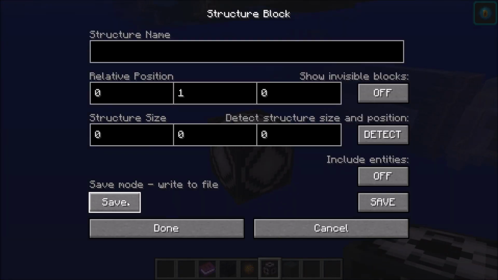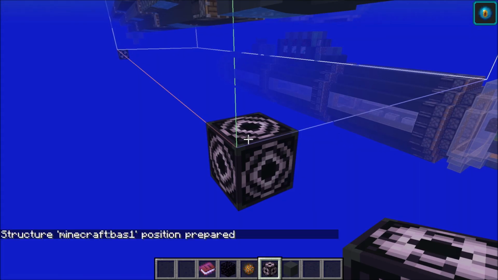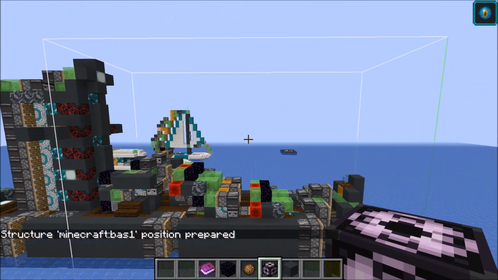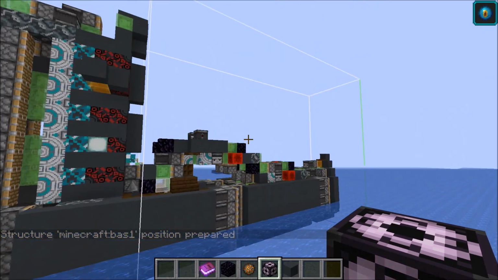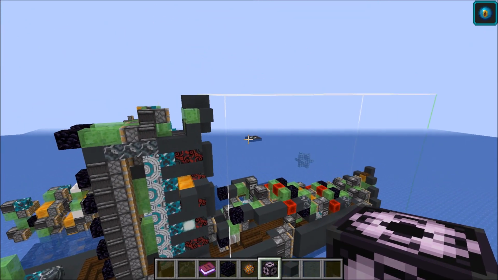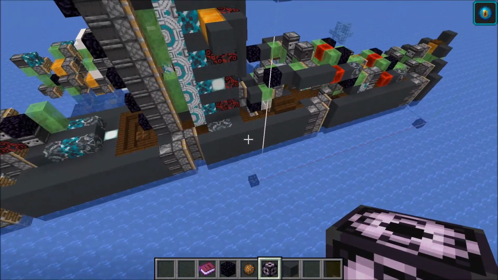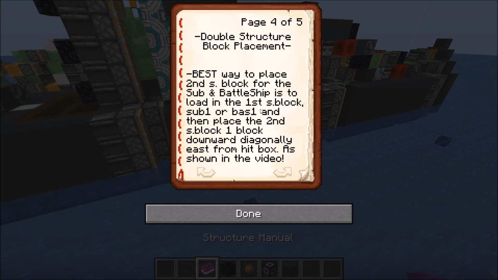But then all you do is come here, you go to load, and then I'm going to go to the battleship. So I want BAS and then 1. Then all I do, you want to include your entities and then hit load. Now, this is just going to prepare your position. It'll show you where it'll put it, and as you can see here, put it perfectly in place. Now, the reason I made this so big is because it's very simple to line it up. Now, this will be your hitbox for the entire machine, and if we go back to the book here, you can see right here,